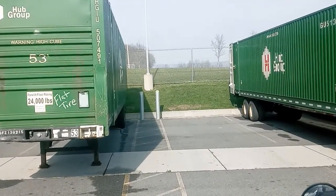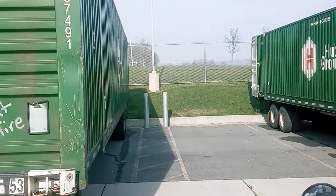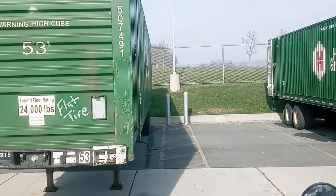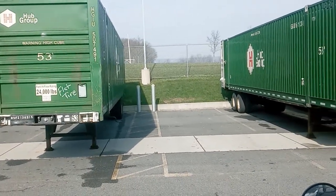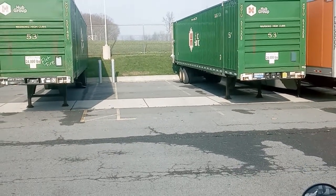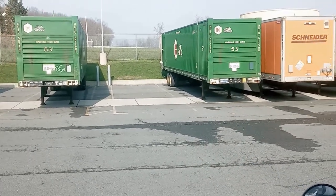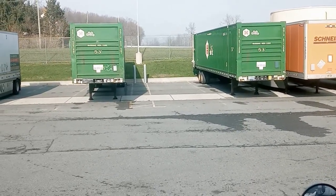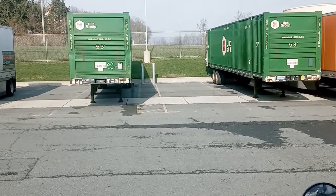Anytime you're backing into these spots, if you don't see any pavement markings, believe me, this place here, pavement markings are old and they have not redone them in a long time. But anytime you run into a situation like that, always try guiding yourself back with straight parts of the cement. A lot of these places, when they lay their cement for their pads, a lot of them, what they do,